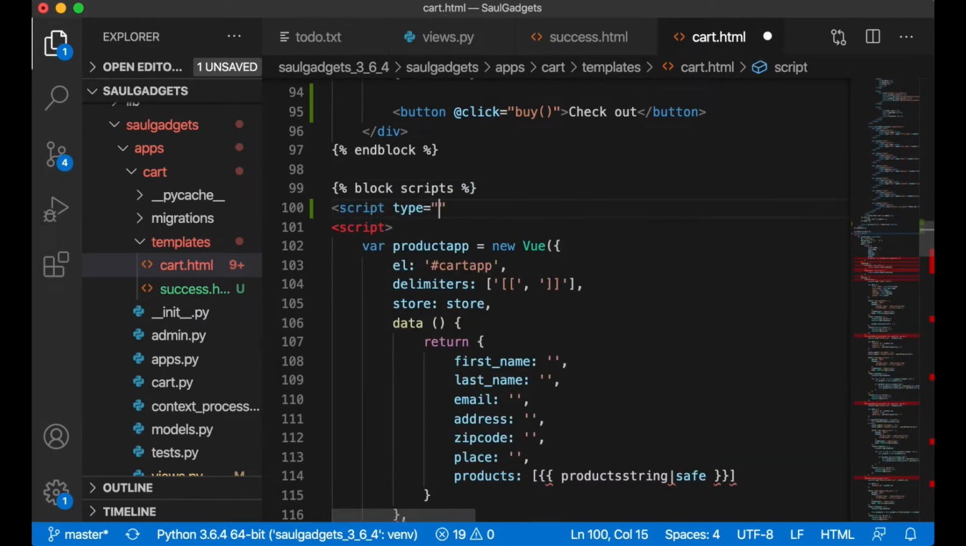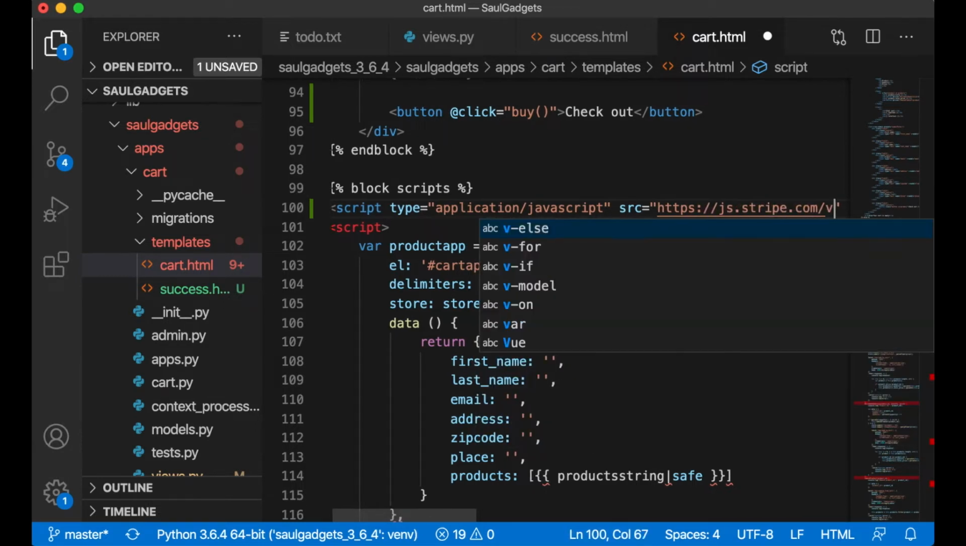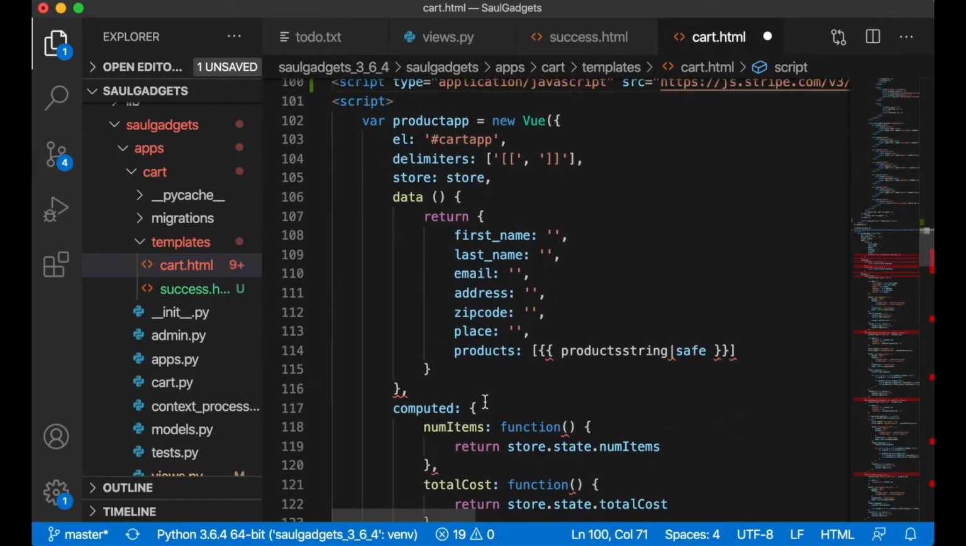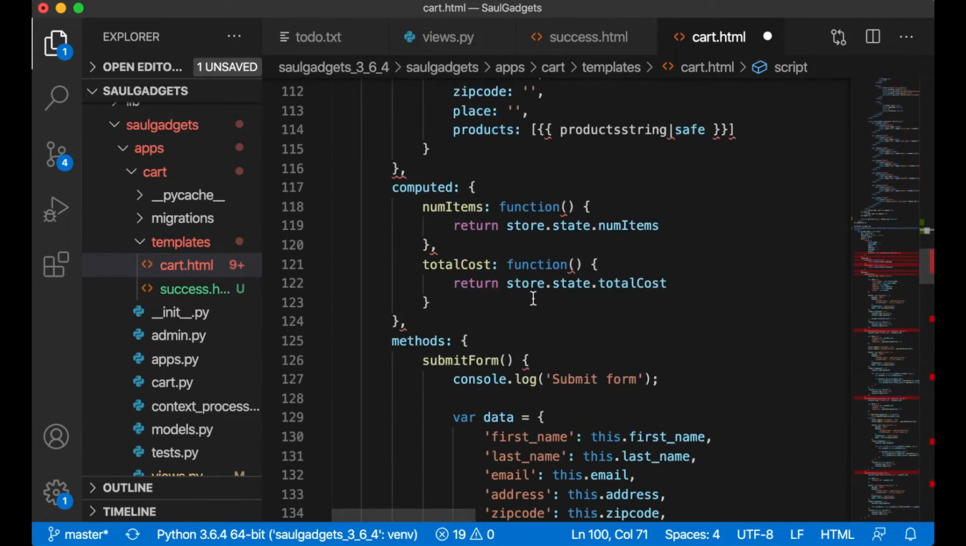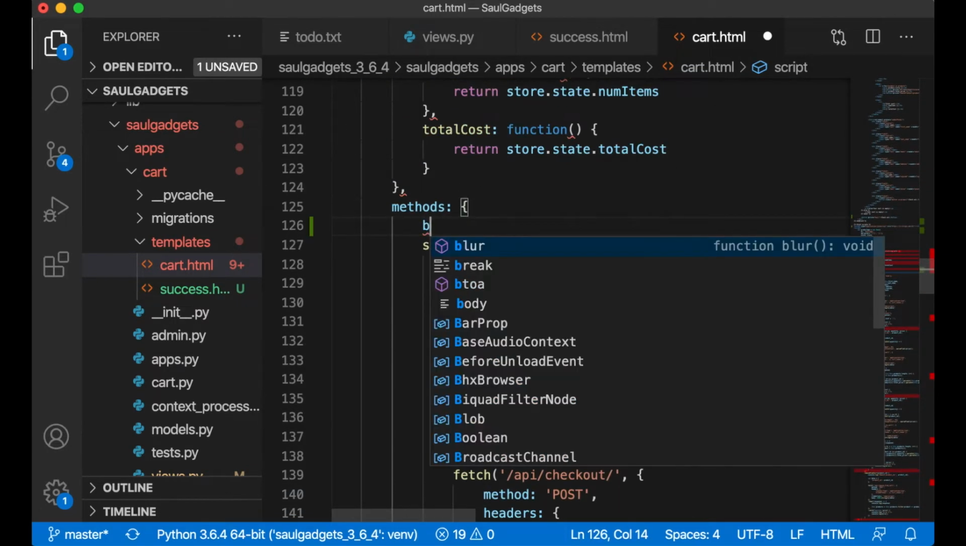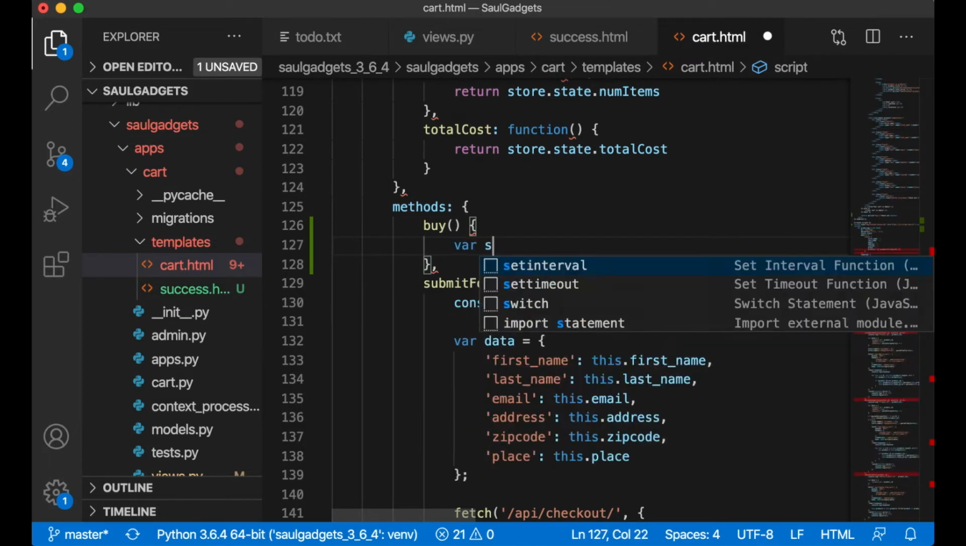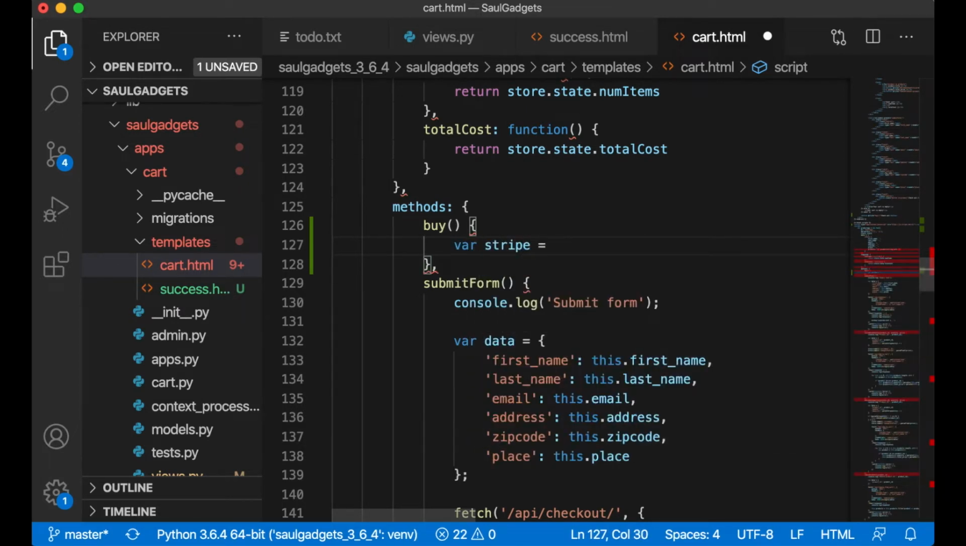Script type application/JavaScript. I need to add this, if not Vue will react on this. src https://js.stripe.com/v3 and close the script. And then I need to add this buy method down here. Buy, I just do this to separate it from this just for testing. Var stripe, create an instance of Stripe,